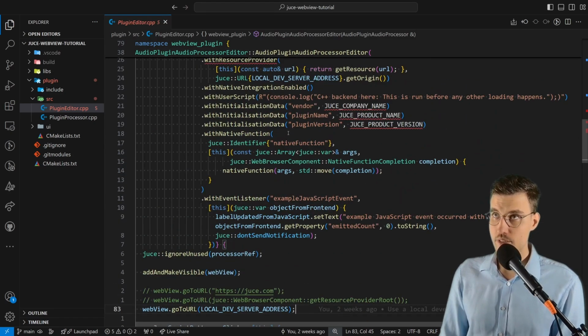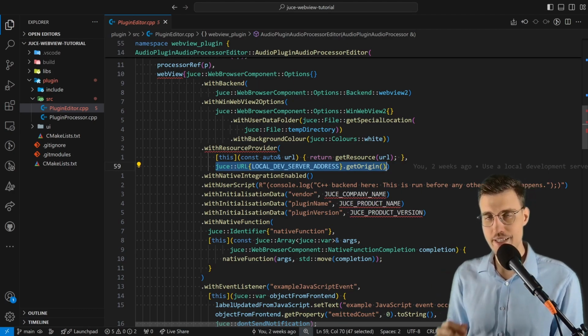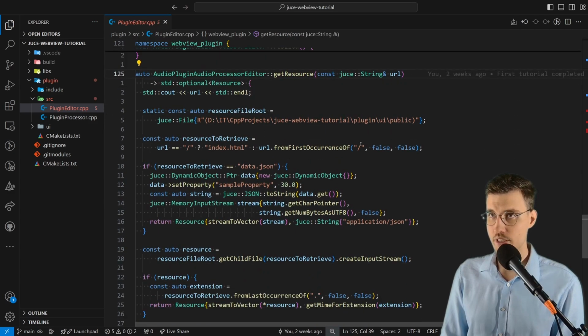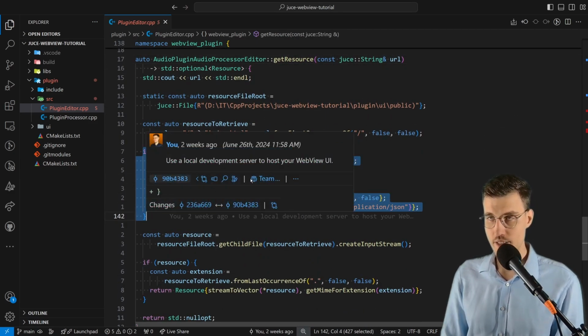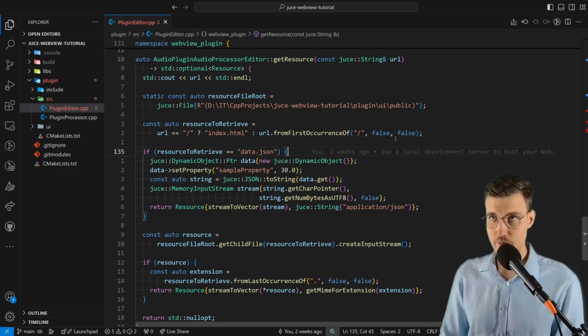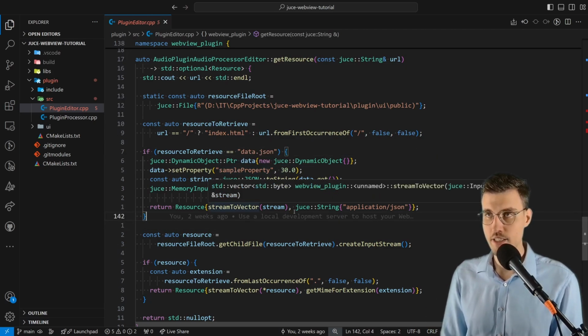On top of this, we allowed with ResourceProvider this local server to ask for resources specifically from the C++ backend. And as you can see here in getResource, if this specific resource requested by the plugin running on a local development server was equal to data.json, we then created some example JSON and sent it back to the